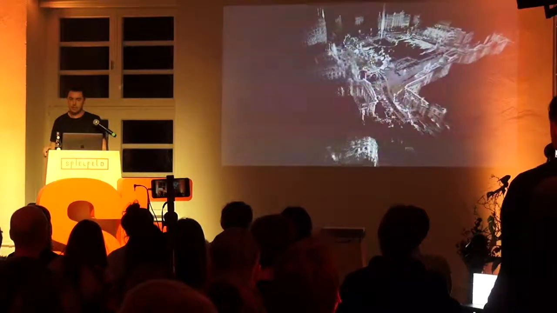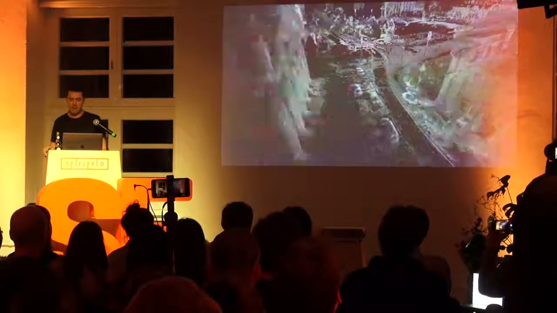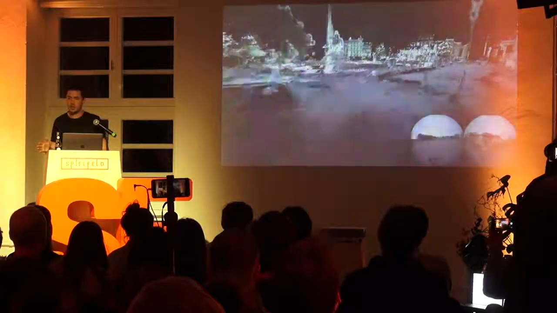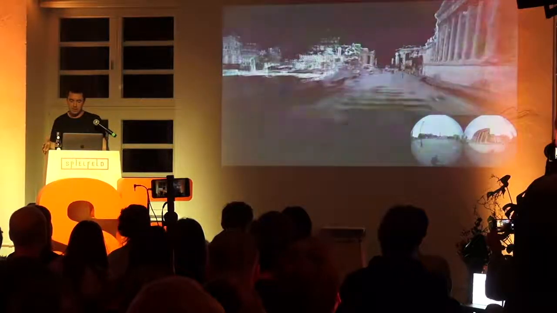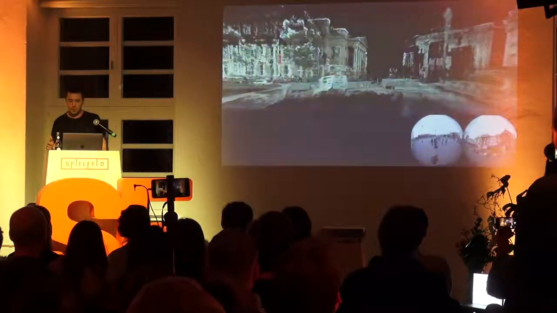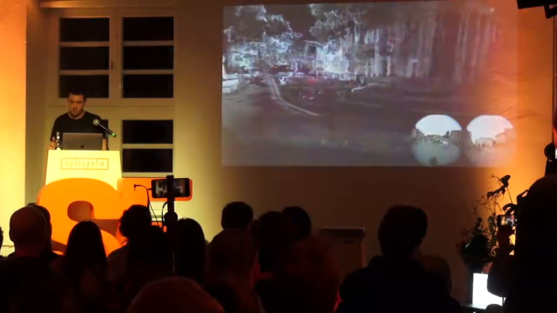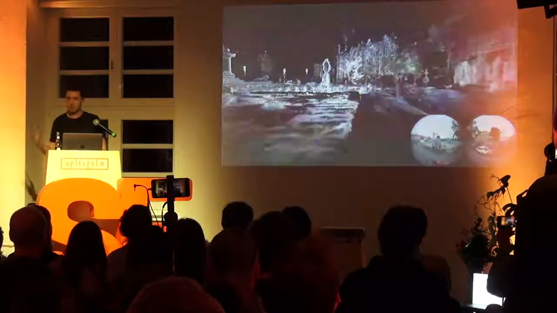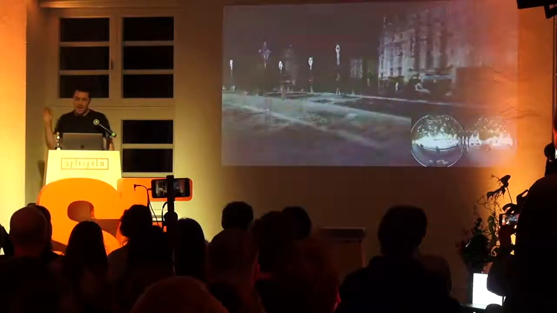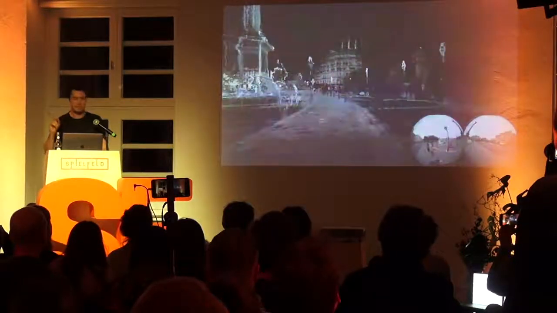And in practice, it looks a little bit like this. So what you're seeing right now is a fly-through of what we call a point cloud of Trafalgar Square in London. The only thing that was used to create this map is the video stream that you see in the bottom right-hand corner. This is essentially a 360-degree camera that we walk around. And every single point within this map